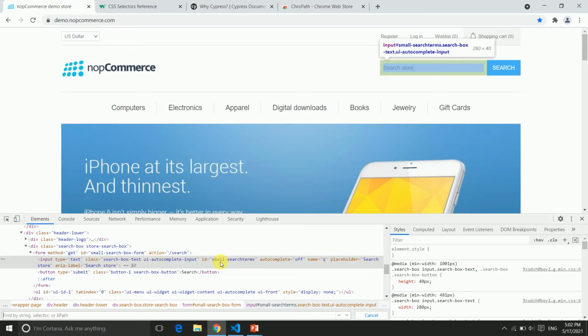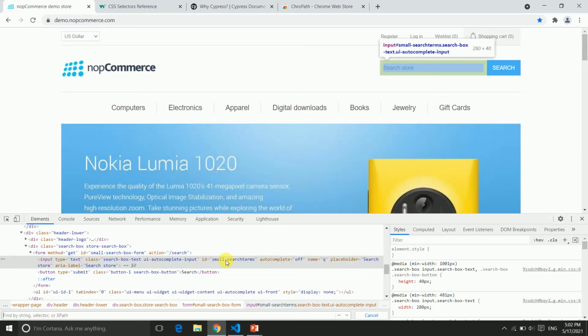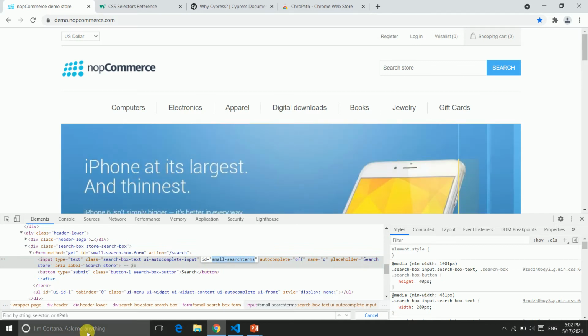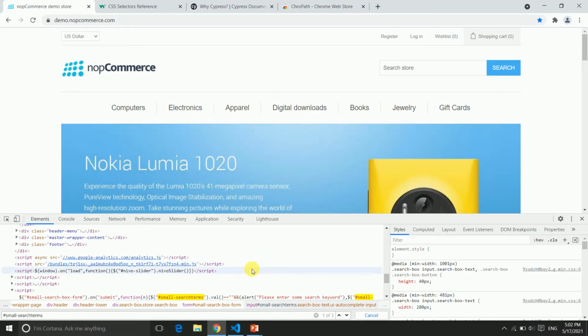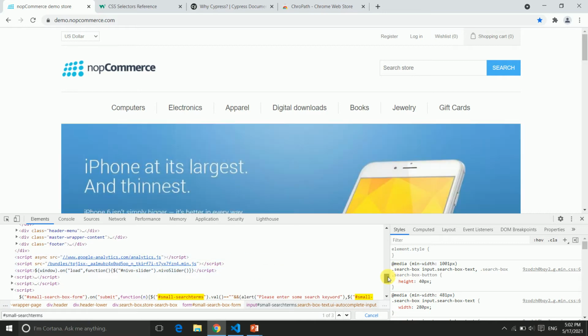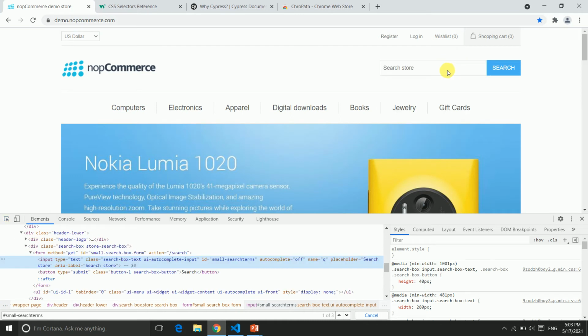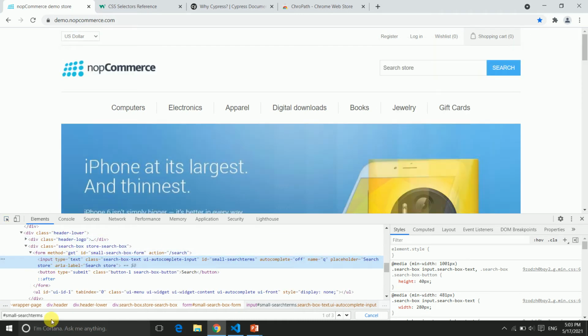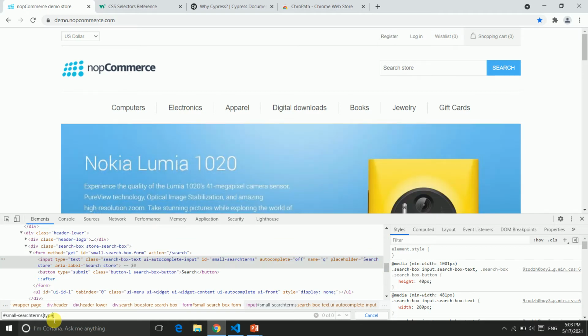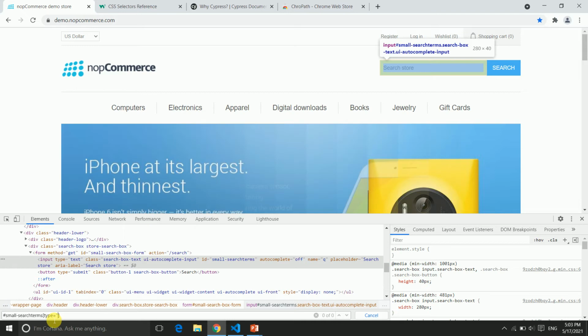So suppose we have this small search terms, so copy this hash small terms, and we need the ID. So we already have the ID and we need the attribute. So we have this type text as an attribute. So here give the square bracket, type, and here text.